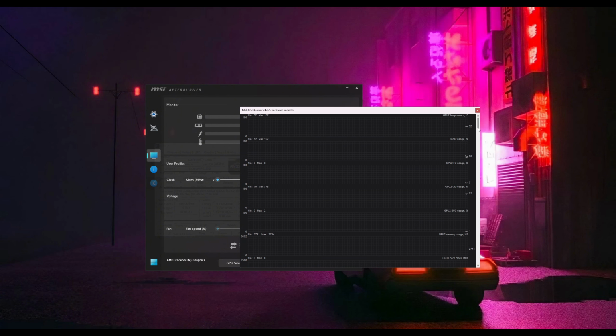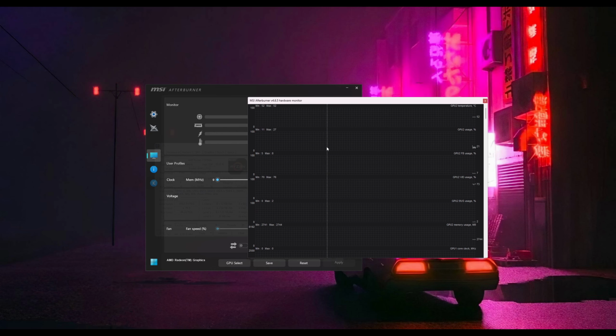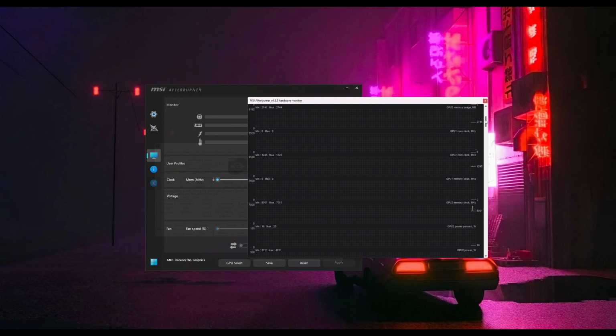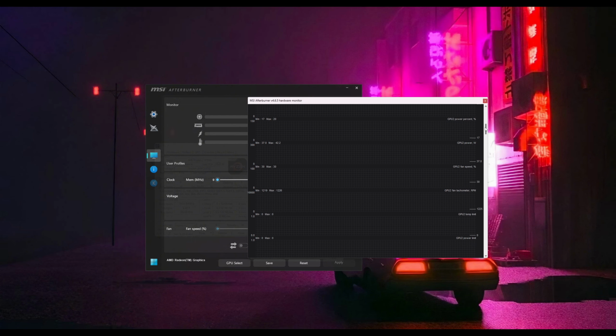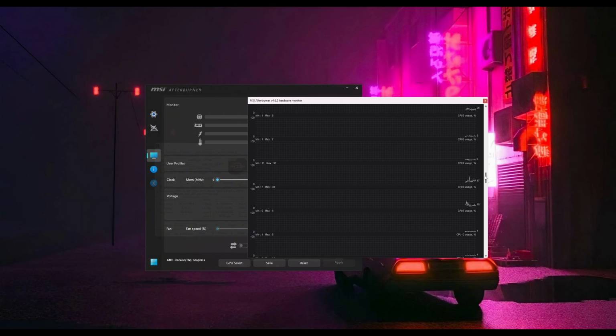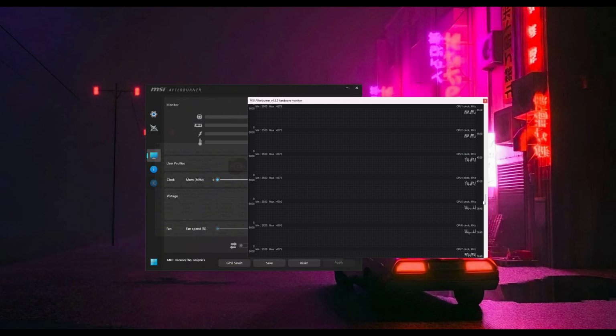This is a great tool all around for not just overclocking your graphics card, but also monitoring your system. As you might have noticed in my typical benchmark videos, I use this primarily with RivaTuner so that I have the overlay. So here, for example, we can check the CPU temperature, we can check the usage, the clock speeds,